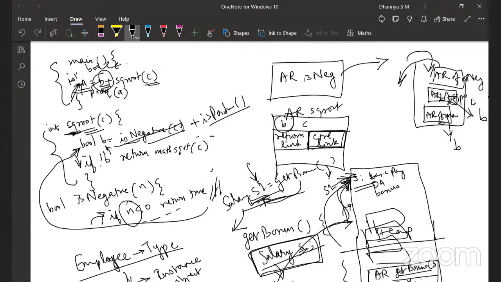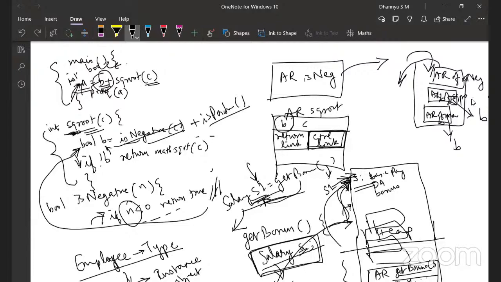So there are two ways to deallocate this memory. One is programmatic deallocation, which happens in languages like C and C++, where you explicitly allocate and deallocate memory. Or it happens like in Java, via what is known as automatic garbage collection, which is invoked by the system, the JVM. They decide, and at some point they invoke the garbage collector, and the auto cleanup happens in the heap for those objects which are not currently in use.